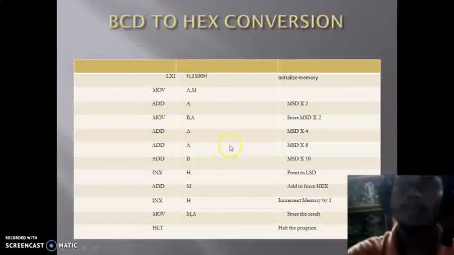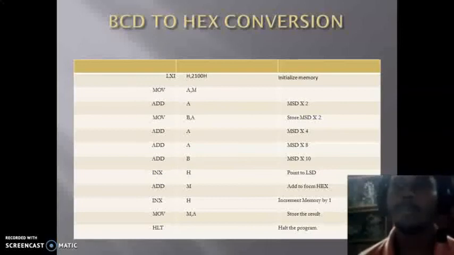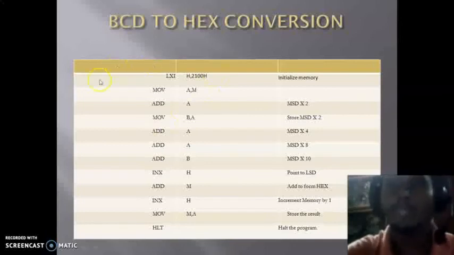So in this BCD to hexadecimal conversion, what we have to do is that the MSD will be multiplied by 10, and that will be added with the LSD, and the data can be converted into hexadecimal form. So here we will first try to multiply the MSD by 10. First we will take the content of MSD into the accumulator, and we will add A,